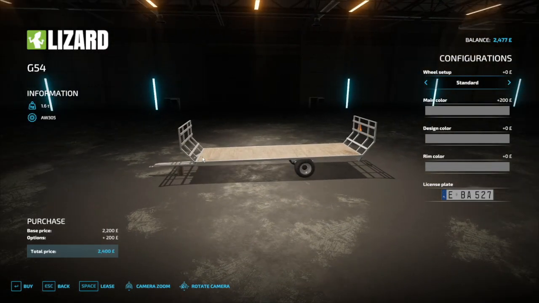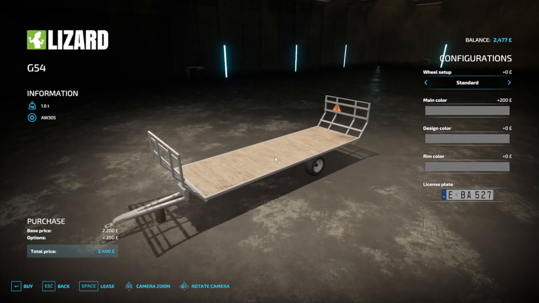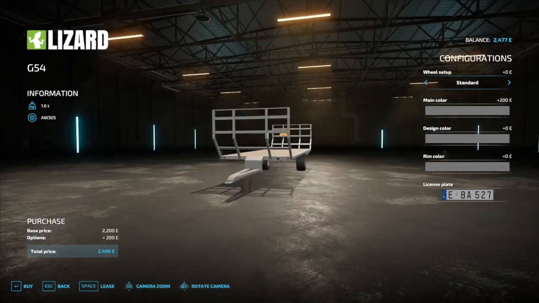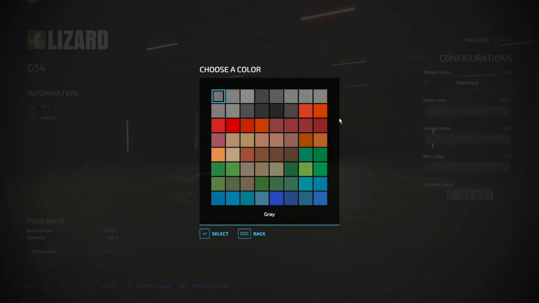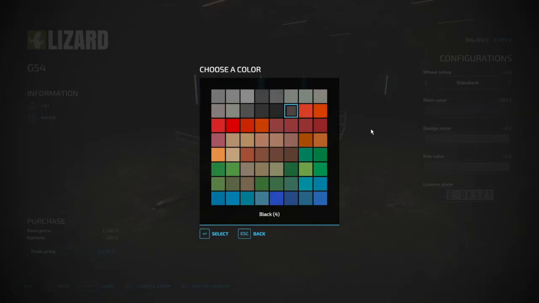Let's have a look at this one. Maybe 8 on the bottom. I think we'll go for this one, because we are going to lease to own anyways. We might as well go for this one. Yeah, I do like the wooden look as well. Right, so the standard... yeah, it should be fine like that. The main colour is £200. Oh, it's £200 regardless. So let's go for...